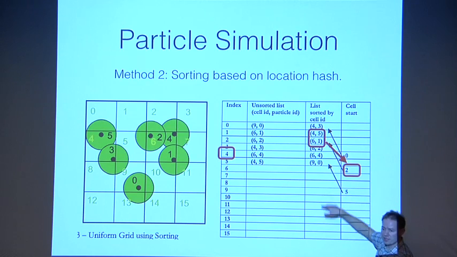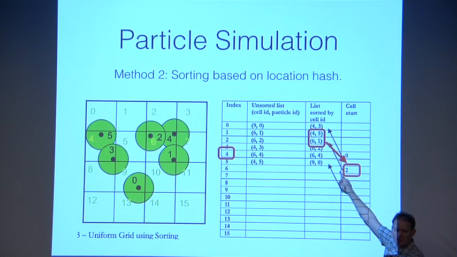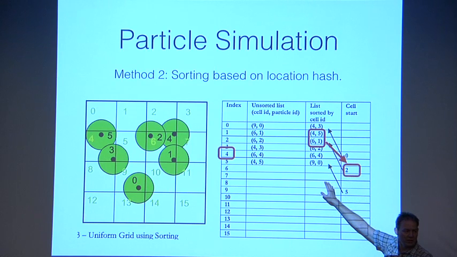There's a thread running for each value in this column. But the thread that writes this is the only one that sees a change that transitions to 6. So there are no collisions. Does that make sense? No one's going to write over multiple values here. Is it clear what's going on there? There's a whole column of threads here. And whenever it sees a transition to a new cell value, it writes where those cells start.